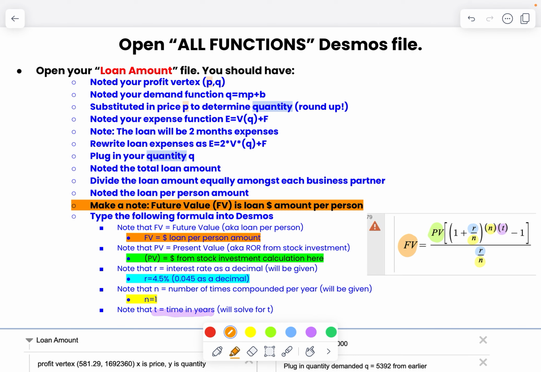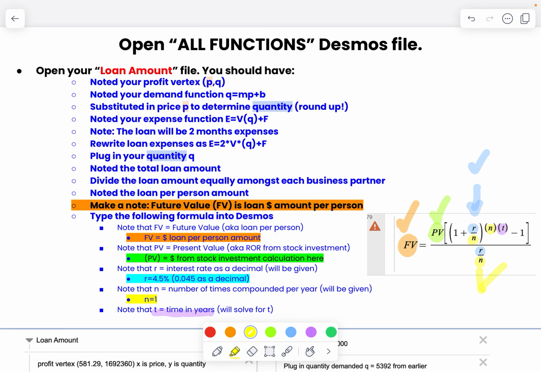So we have our future value. That's how much we needed to borrow for the loan per person. We have the present value. That's how much money we have earned from our stocks to help us pay off the loan. And essentially this really gnarly formula is just helping us figure out how we can work backwards to solve for how long we'll be paying off this loan. I am giving you the interest rate as 4.5%, so we have that. And I'm just going to make it easy and just say that this is an annual compounding,